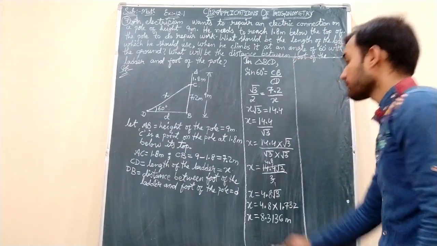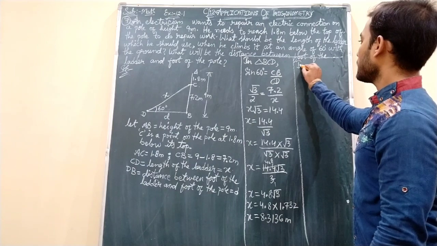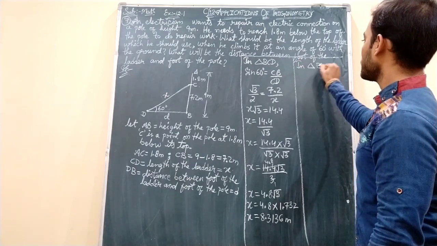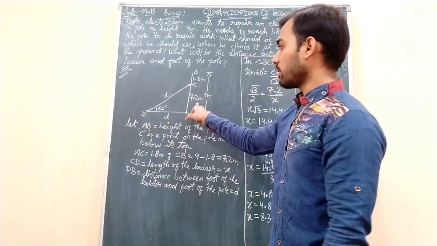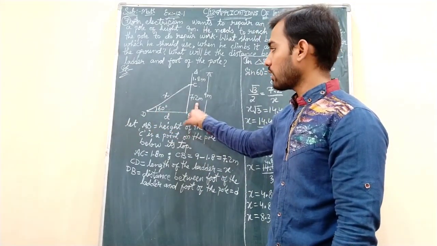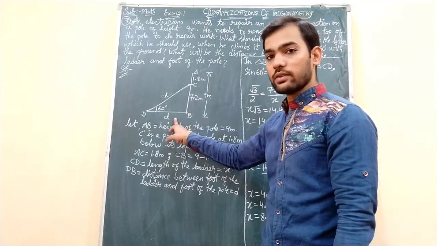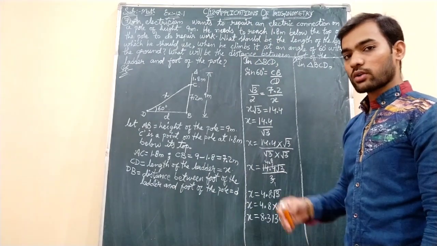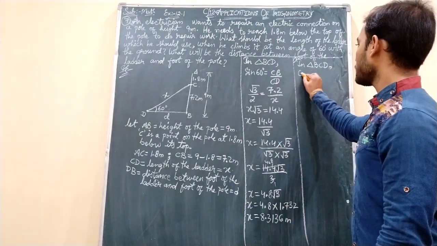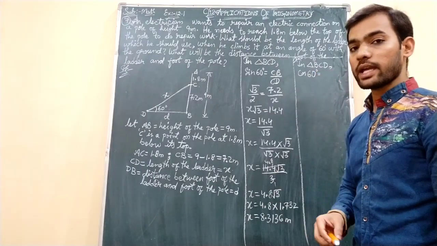Now proceeding to finding this distance. Okay, so same triangle, in triangle BCD. Now in this triangle we were having opposite side already. Now we got hypotenuse also over here. This is adjacent side which is missing. So you can go for any ratio, either cos or tan. I will go for cos 60 degree. So cos ratio I am taking. Cos 60 degree equals adjacent by hypotenuse.